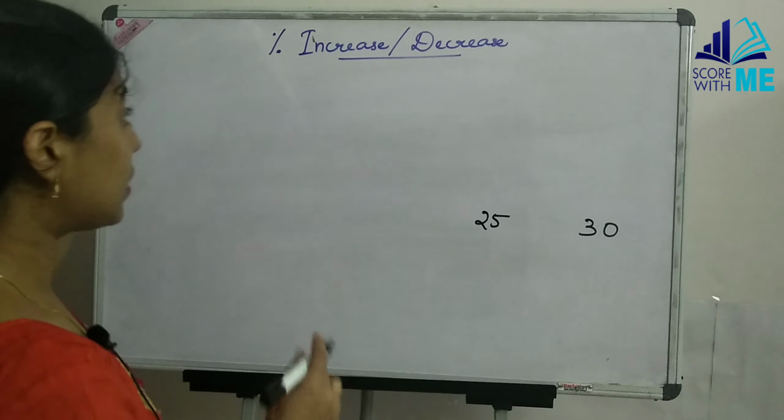So percentage increase is the final value minus the initial value divided by, always with comparison to what? With respect to what comparison is made, that always comes in the denominator. So percentage increase we always find with respect to the previous value, that is, with respect to the initial value. So that is what comes in the denominator, and if here, due to confusion, we write the final value, the entire value gets changed. And since we are finding the percentage, we need to multiply by 100.